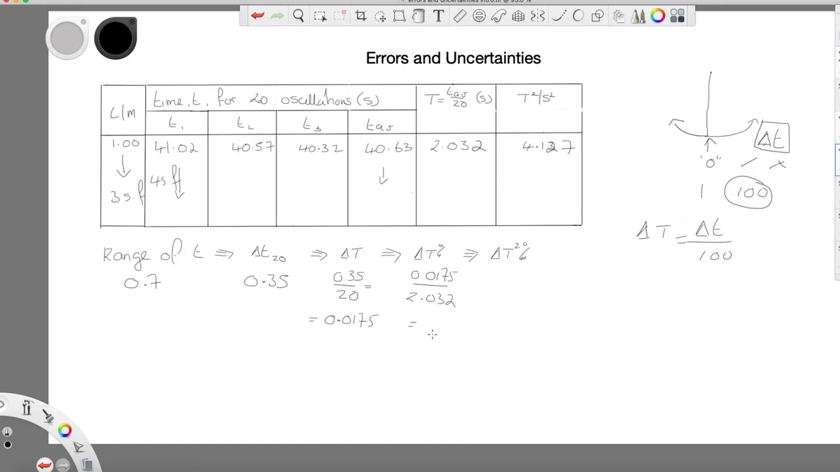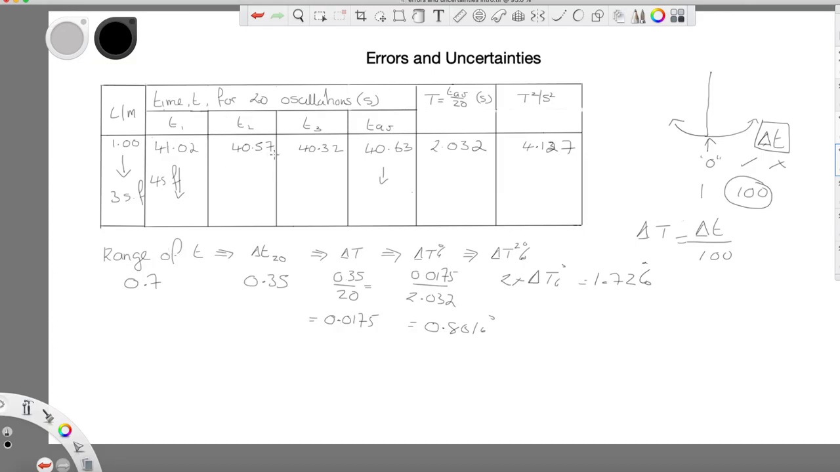Not 0.861, 3 sig figs. And of course, my percentage uncertainty in t squared is 2 times my percentage uncertainty in t, which then gives me 1.72%. So, you see how I have said